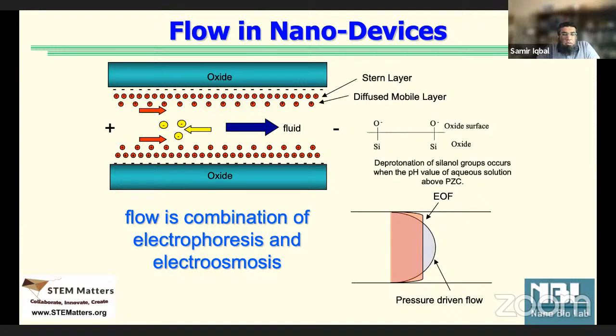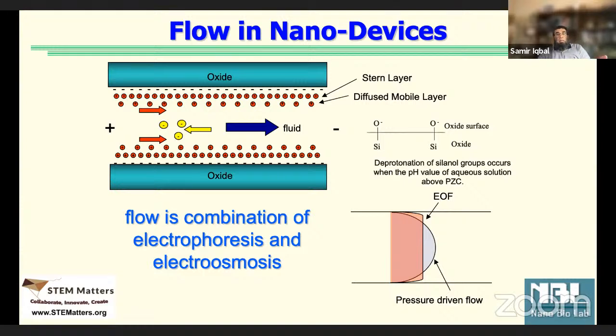Because now the external field is going to cause the gating effect. Right? So now they cannot freely flow. The lower picture is showing the pressure-driven flow and electro-osmotic flow. So we see the difference. Pressure-driven flow has a parabolic shape, but electro-osmotic flow would flow everything together, right? Because that's where the charges are making the external field cause all the liquid particles to flow in that